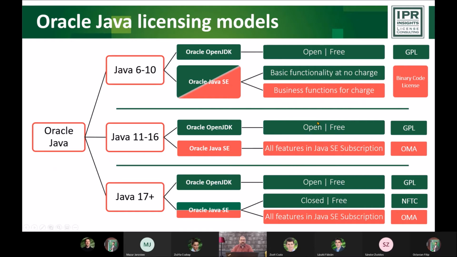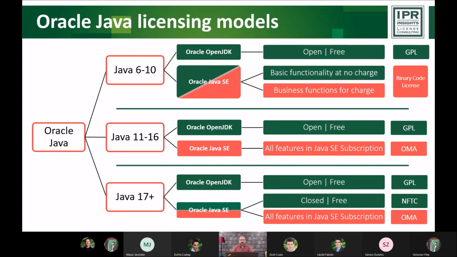In the old world, meaning Java version 6 to 10, we had the Openjdk and we had the proprietary Oracle Java SE distribution. Oracle Openjdk is both open source and for free, so there's no issue there. It comes under the GPL license agreement, so that's all nicely squared away.